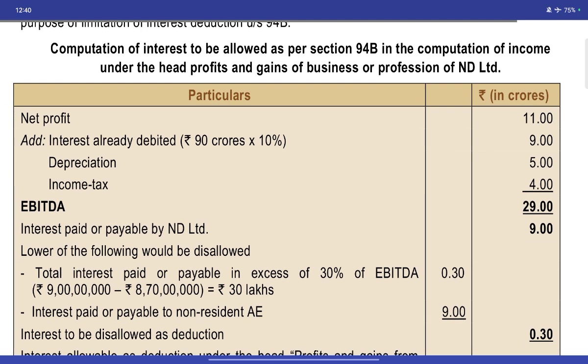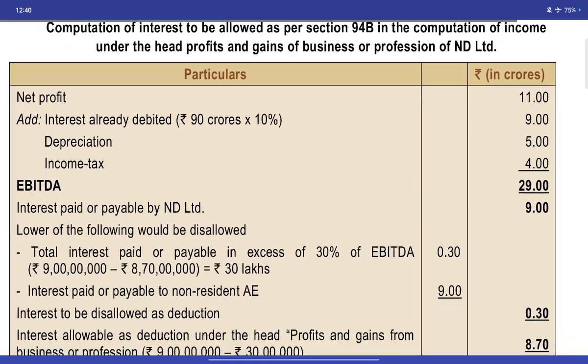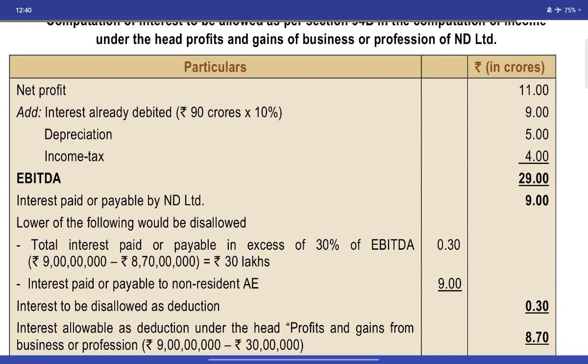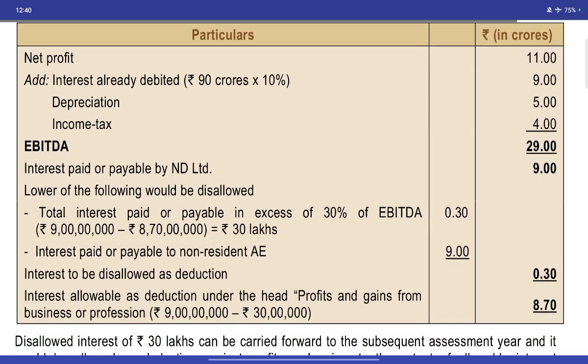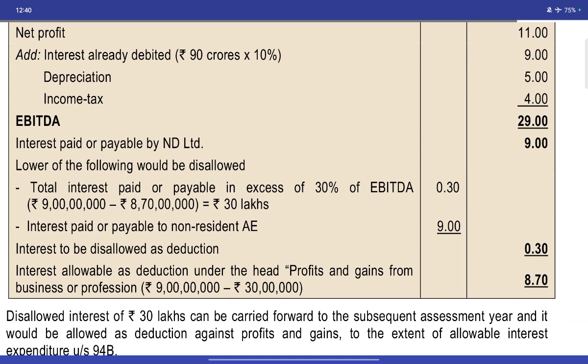head profit and gains of business or profession under Limited. Net profit is 11 crores. Already interest paid 9 crores plus depreciation 5 plus interest, so 29 crores. Interest payable 9 crores. So total deduction 9 crores